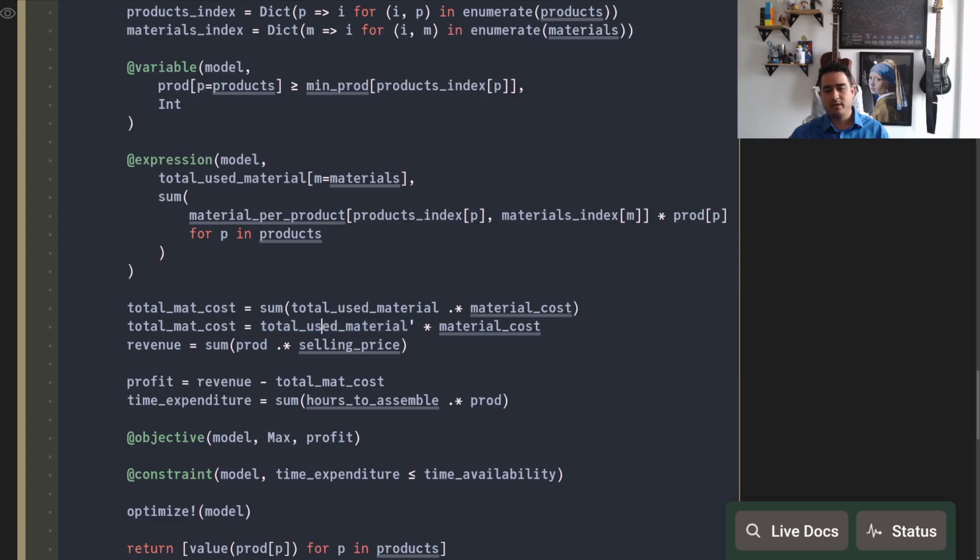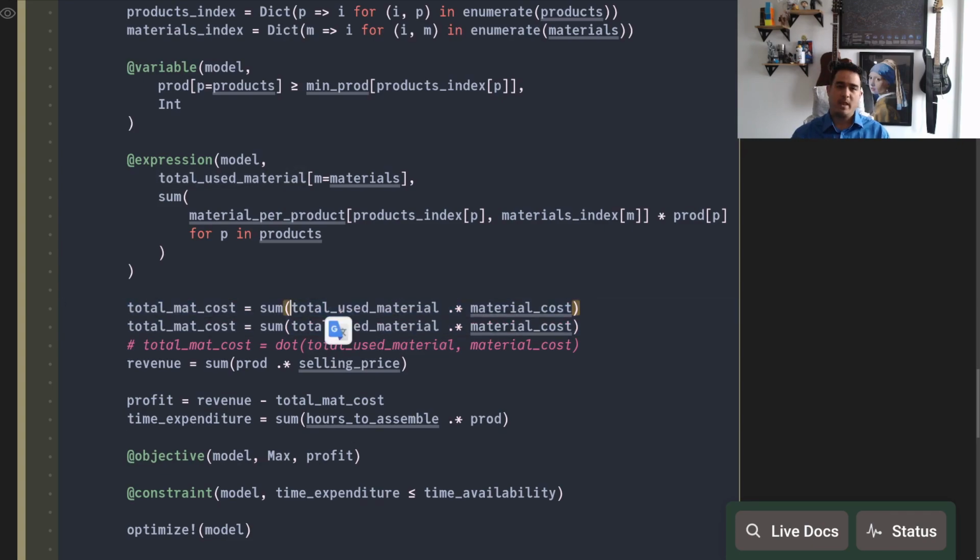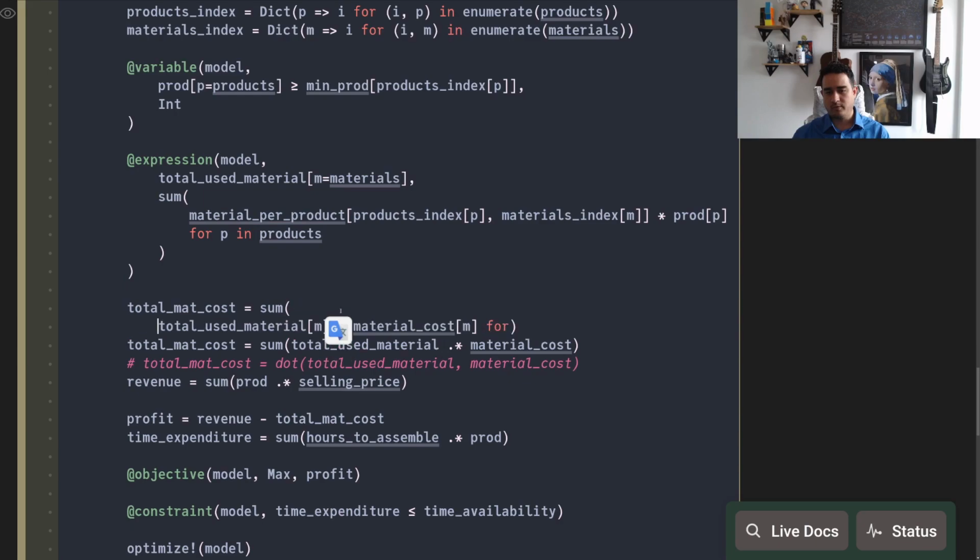So this is like vector transpose times vector. I don't like this way because now it becomes too syntaxy. This is a little bit more clear using the dot. But if you want to follow the expression a bit more closely to what the mathematical definition was, this one is good enough. But if you want to be very, very clear on what's being summed over, you can, of course, write it this way, for